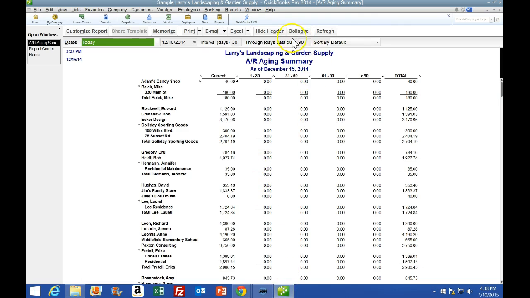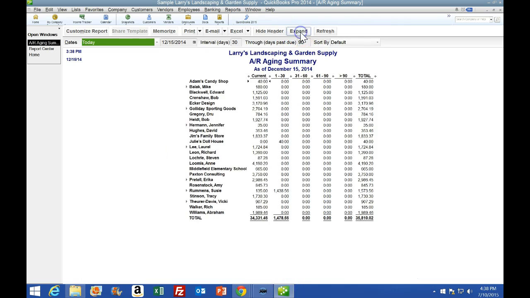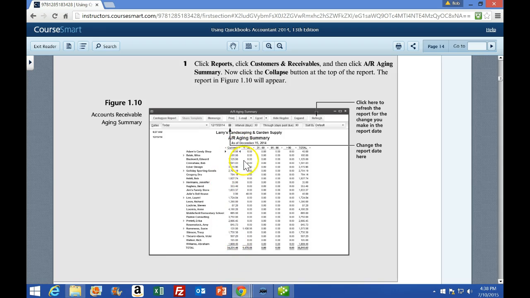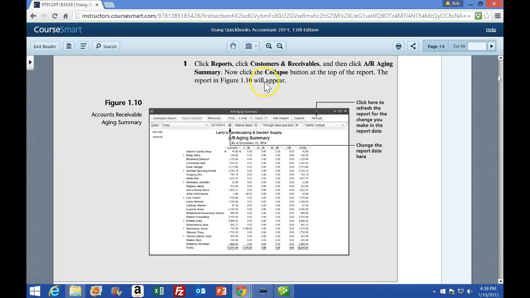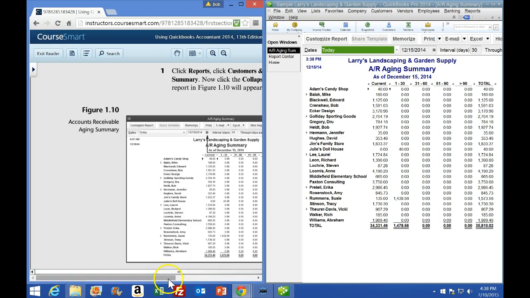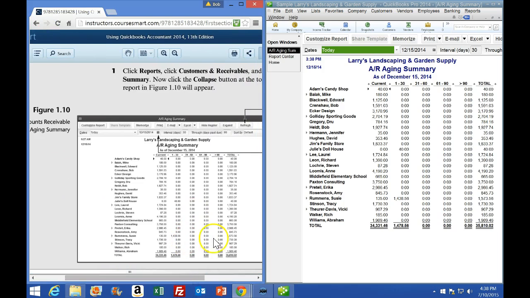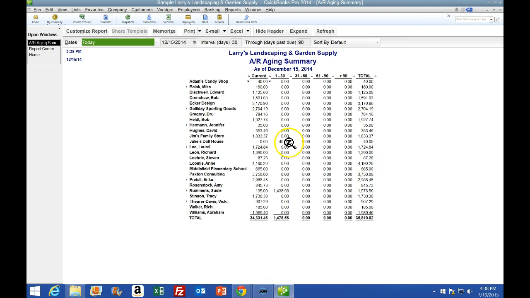So I'm going to go here, and that's this button right there, and collapse. And now we have this activity here, and the dates are as of 12/15. If I pull this way and I pull this way, we can compare these 2 reports. They look pretty much the same there, so it looks like we got the correct report. Then generally, I'm going to print these as we go, even if it doesn't tell me to, because the